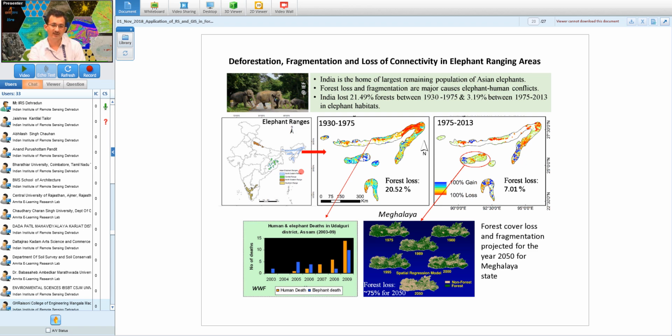And in this study, what we have shown is that in different elephant ranging areas in the country, particularly the wild elephant, they are found in 4 major pockets: Western Himalaya, Northeast, Central India, and South India. And this is the example of the northeastern region. The red color shows the area where there has been complete loss of forest between 1930 and 1975. So these types of analysis are possible today, when you take images of a particular area at different time intervals,